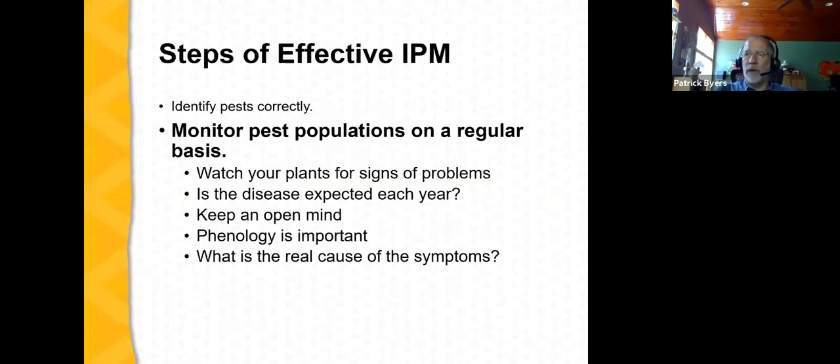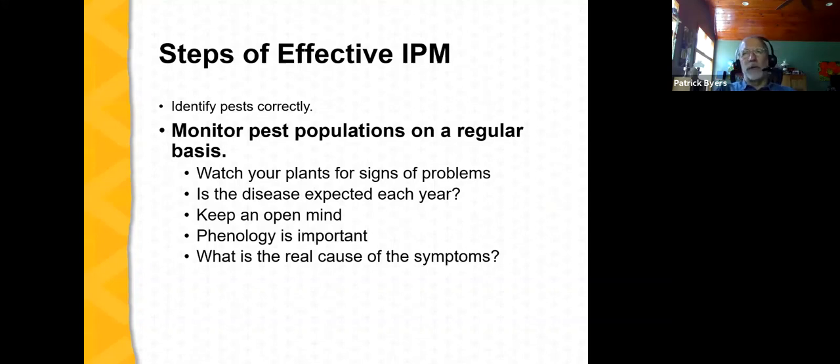Phenology is important. Phenology is basically understanding different growth stages and when disease attacks may occur. In the case of brown rot on the peaches that we've discussed earlier, the first attacks typically take place as the fruit emerges from the blossom. This is called the shuck split phase. It typically occurs about 2 weeks after the petals drop from the blossom. And that's a point where you want to start watching for it, because this is when the initial infections take place.